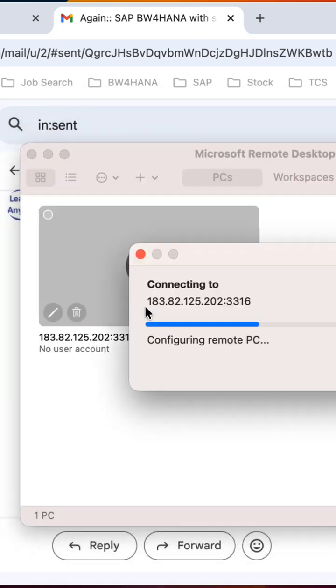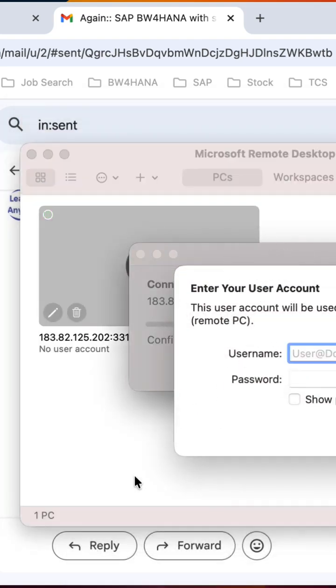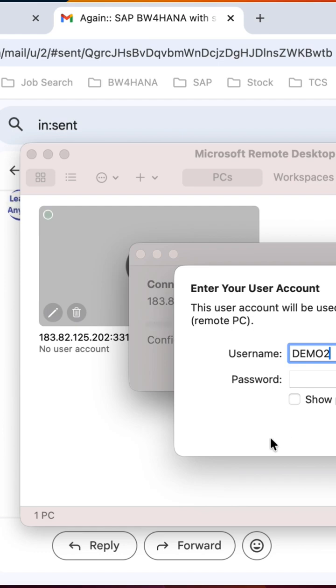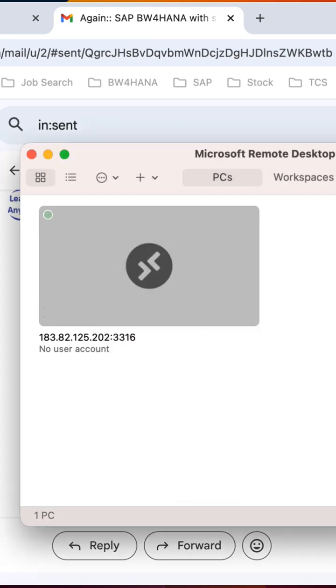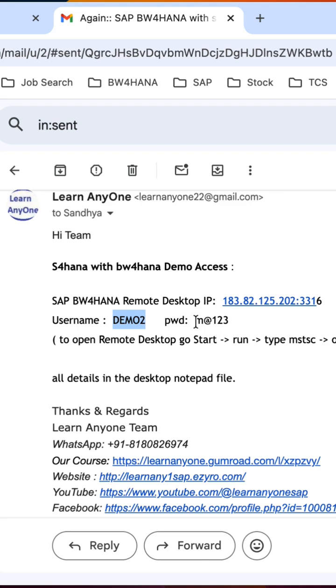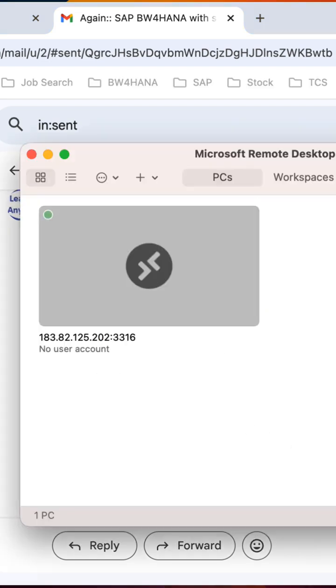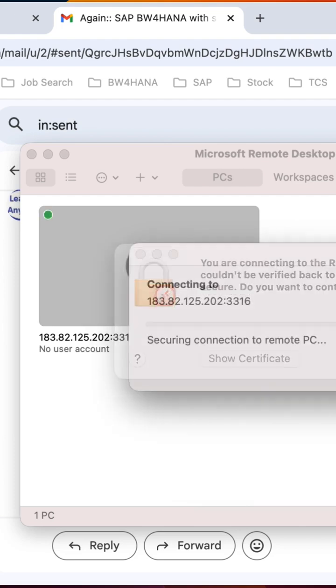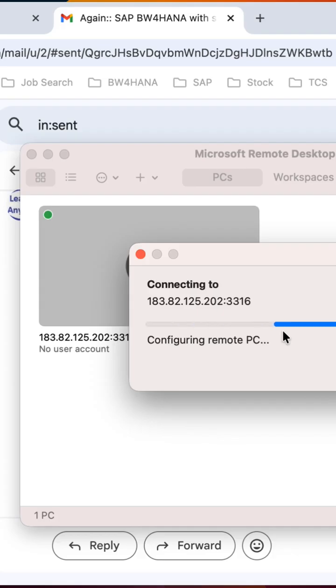So if you double click on this, see it is asking for the username and password. So we already have the username and password here, you can enter it. So you see, and the password is over here. So just copy the password, continue. Yes, you can see now the server is going to connect. Yes, so successfully you can